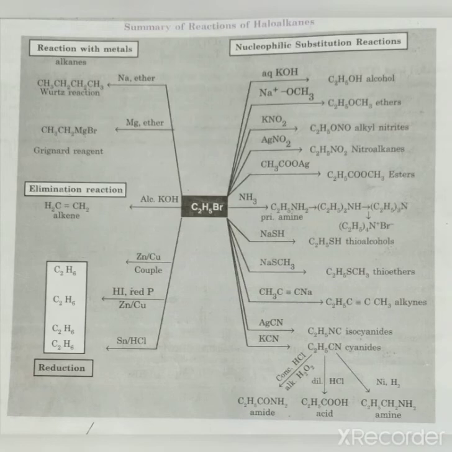Next, the reaction with zinc, HI, Sn. These are some reduction reactions shown here. In all these reactions, in the presence of this or this, reduction takes place and you can see that the product obtained is C2H6. That means this bond will break and one H gets added here. That is C2H5 and one H together form C2H6. So that reaction is called the reduction reaction.